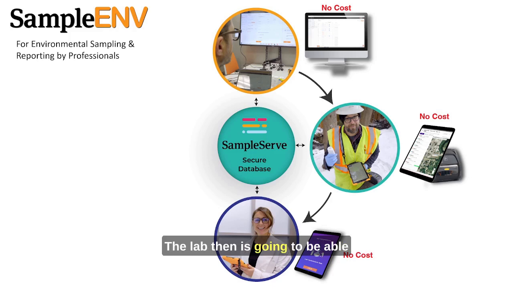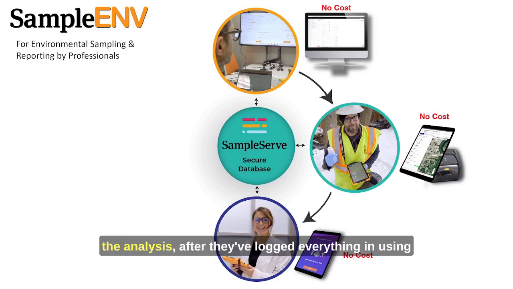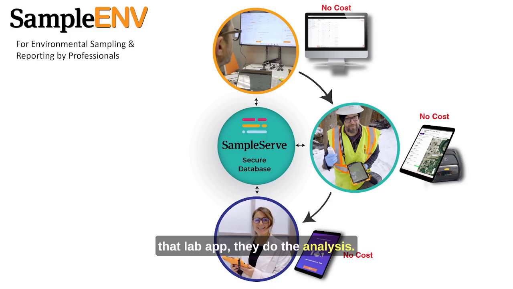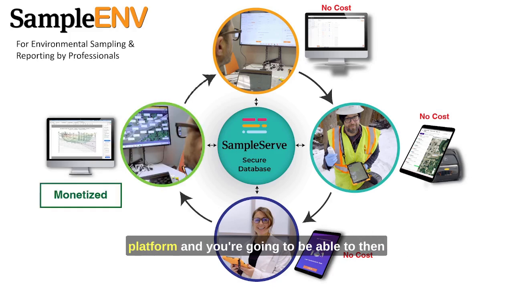The lab then is going to be able to pull up that chain of custody through the lab portal that we create for them. They can actually see what's in the chain. Then when the samples arrive, they're going to actually use our separate lab mobile app to receive those samples. They can read the QR codes on the bottle labels. You'll see that real easily. And then when the lab is done with the analysis, after they've logged everything in using that lab app, they do the analysis. They're able to upload the data back to the platform,